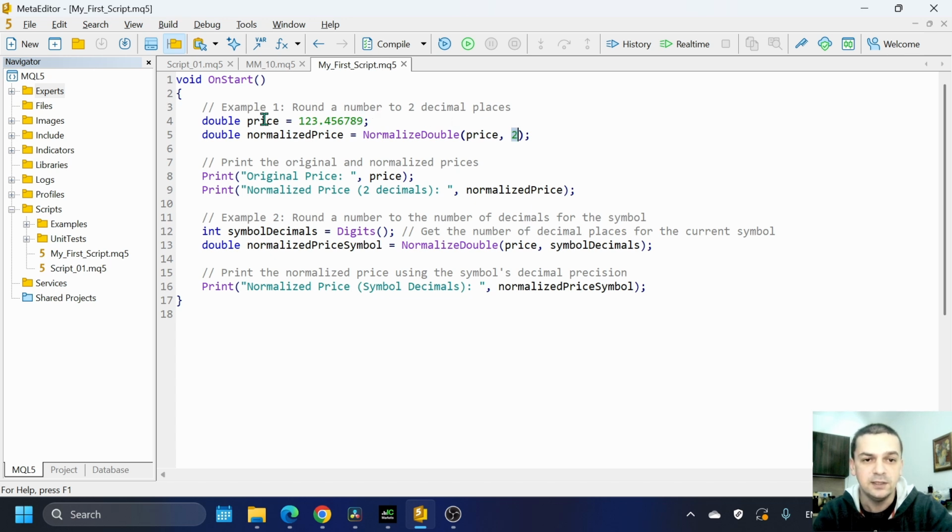So in this case I have defined a price which is type double. Here you can see it, and I'd like to normalize it until the second digit, which means that it will be rounded here at 123.46 because it's rounding the rest of the numbers. And this function is commonly used in trading algorithms to round different values to the digits that a currency pair contains,